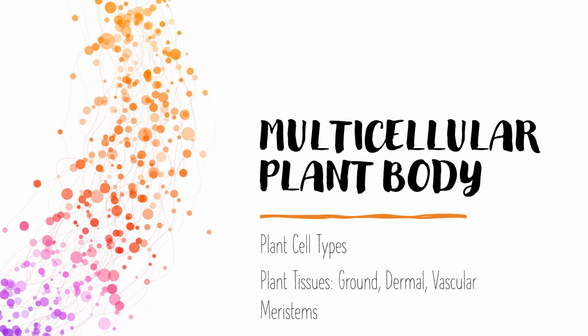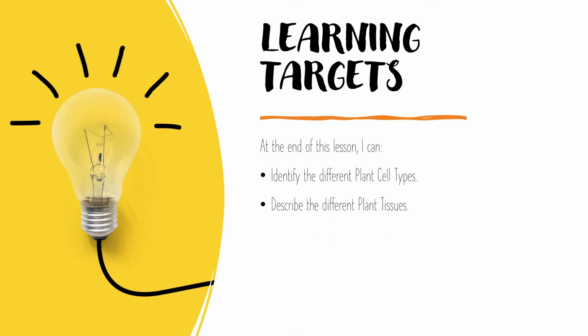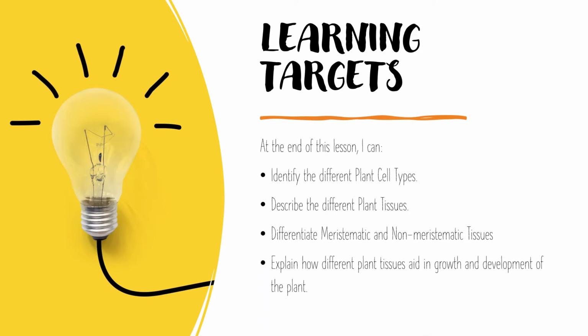Hi everyone, so we are going to discuss the second topic for this chapter, which is about plant tissues, particularly the ground, the dermal, and the vascular tissues. And again, at the end of this lesson, hopefully you'll be able to identify the different plant cell types, differentiate the different plant tissues, differentiate meristematic and non-meristematic tissues, and explain how different plant tissues aid in growth and development